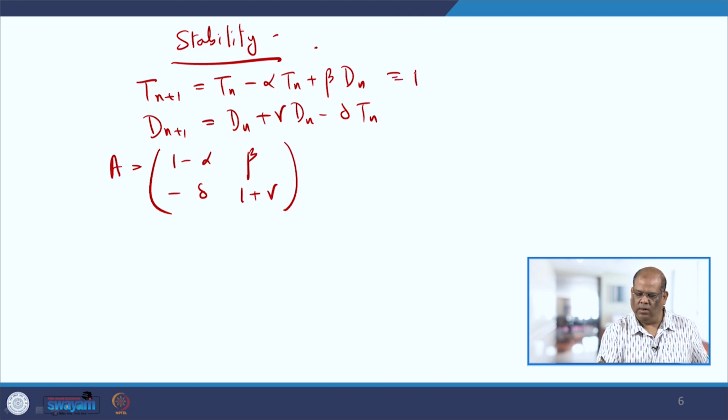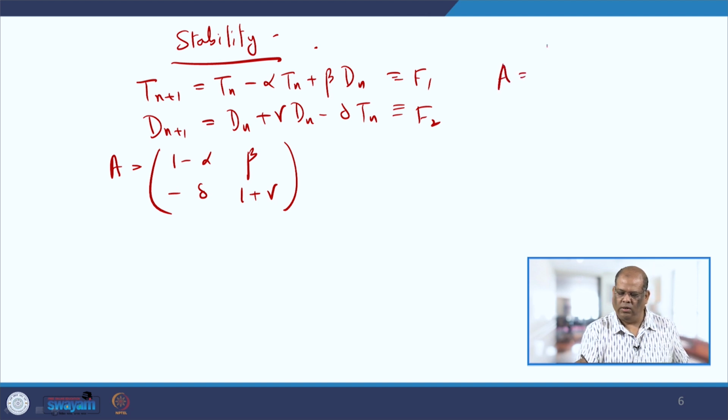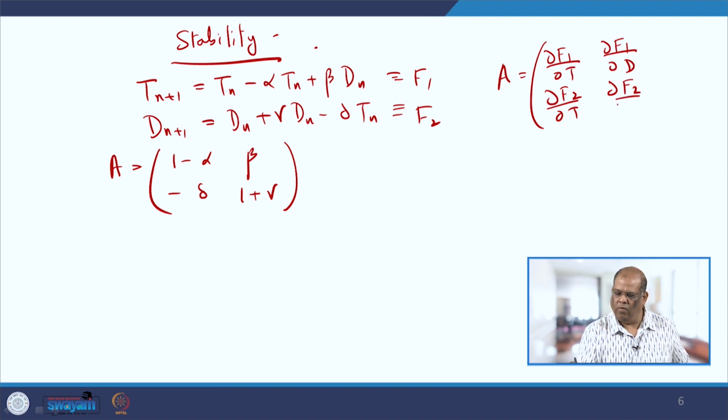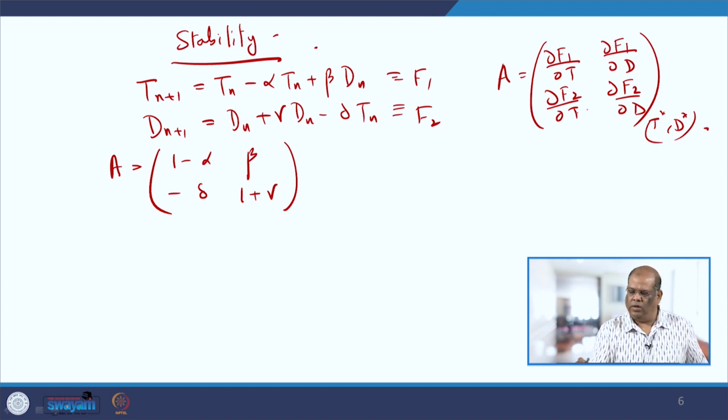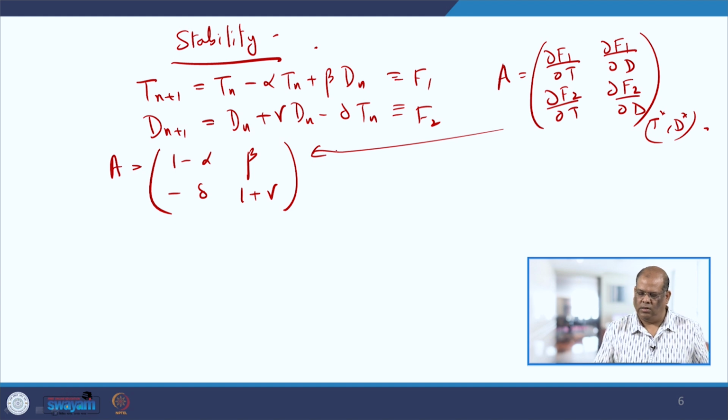So I can take this as F1, this as F2, and your matrix is going to be del F1 del T, del F1 del D, del F2 del T, and del F2 del D at the point T star and D star. And you can see, if you just do this, you will get exactly this particular matrix. So now you have to find the eigenvalue of this matrix, and this will give you